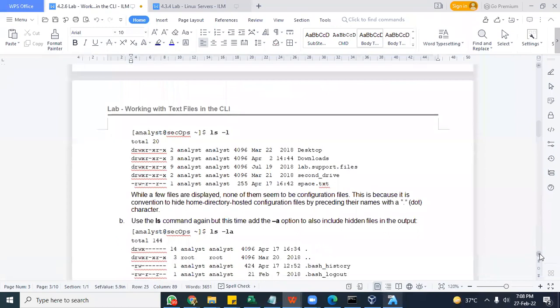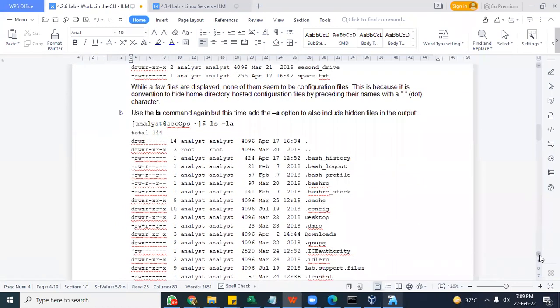So while a few files are displayed, none of them seems to be configuration files. This is because it's a convention to hide home directory hosted configuration files by preceding their names with a dot character. So that's normally hidden. So what can we do? We can say ls -la, right? Including that a option is going to give us everything,